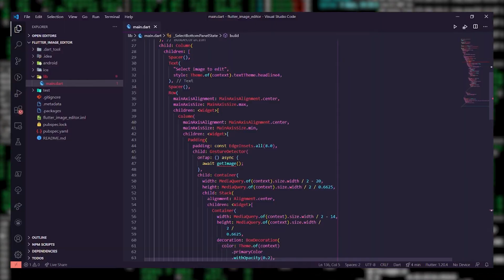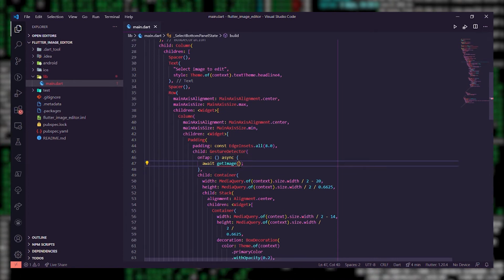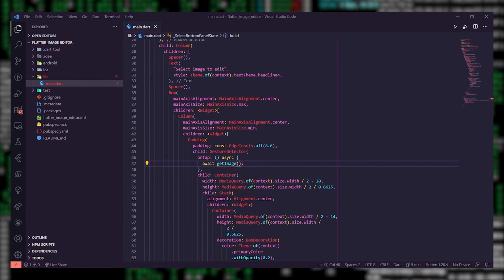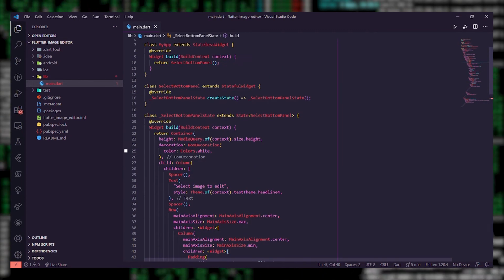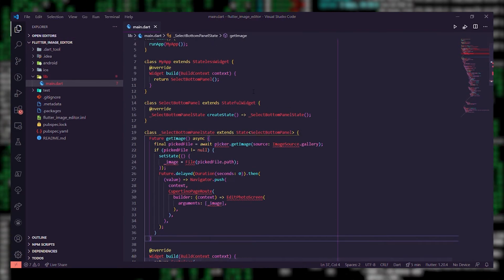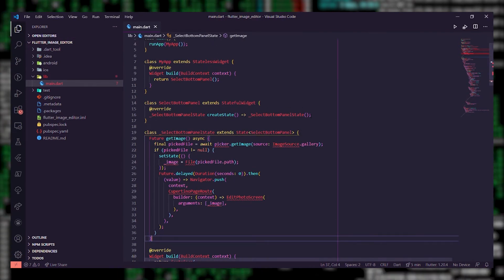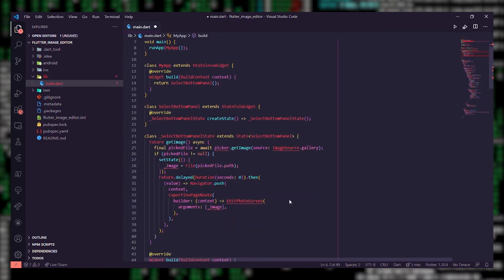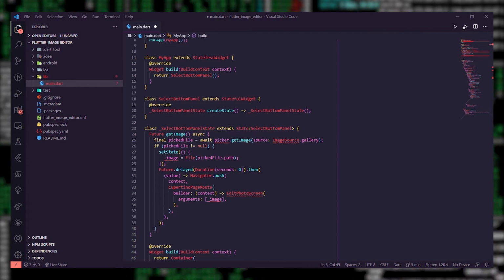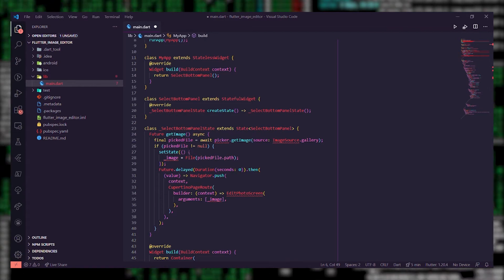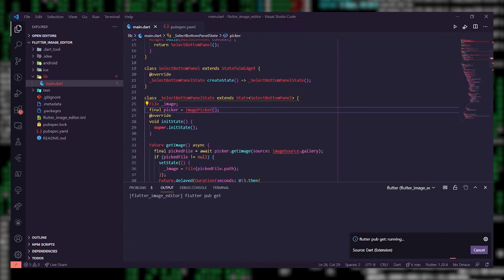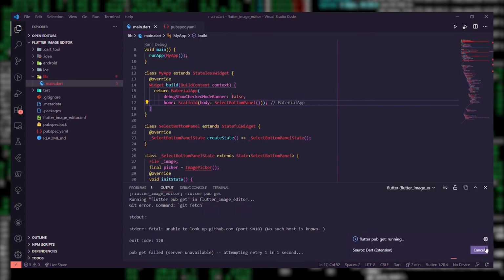Now we will just use the gesture detector to implement onTap function on this image widget. For onTap, we are going to create a function that simply calls image picker to select an image, and if there is an image selected, push the screen to edit screen, or else do nothing. The code is fairly easy and you can see it for yourself. And make sure to look that we are sending the image to the edit screen as an argument so that we can edit it later.